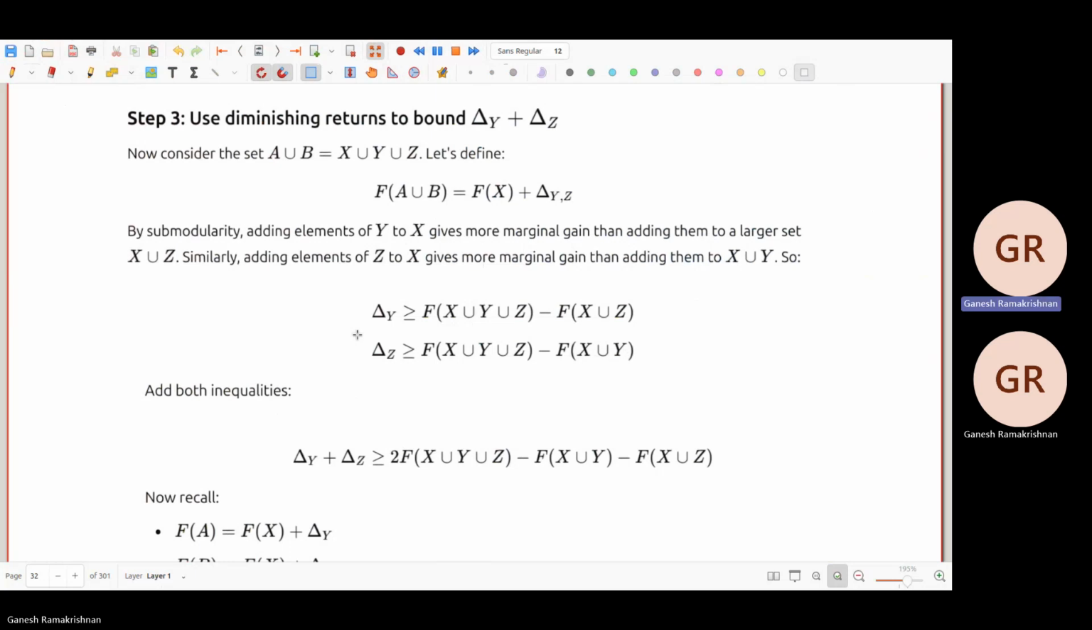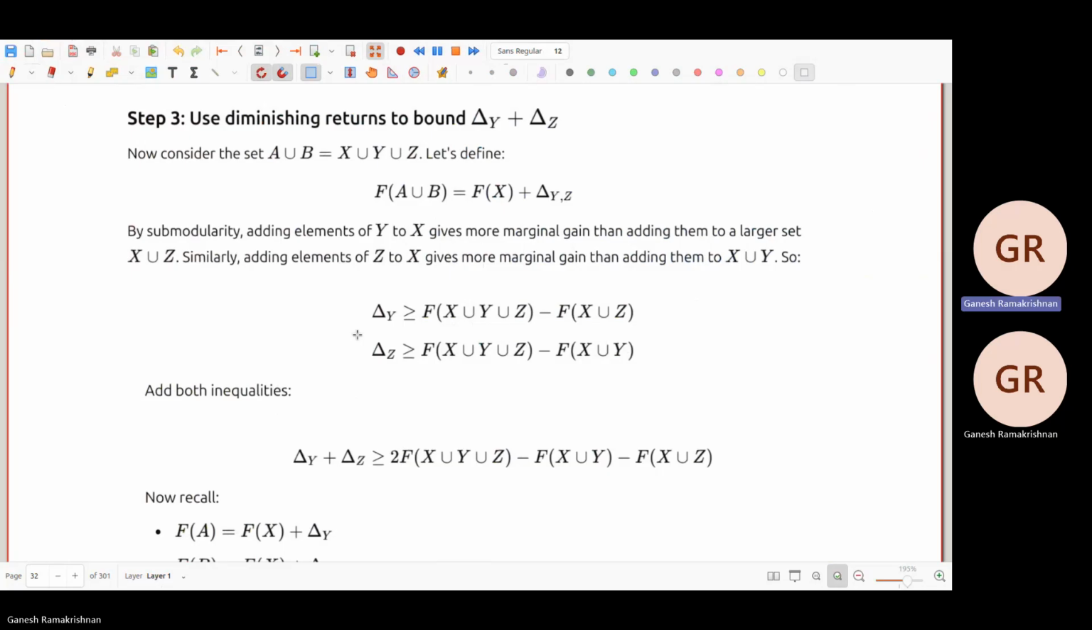You see the trick here? So you'll get delta, or the sum of those differences, greater than f of x union y union z minus f of x union z in one case, and the other is with respect to y. So when you add both the inequalities, you get what you want. Basically, x union y union z is nothing but A union B,